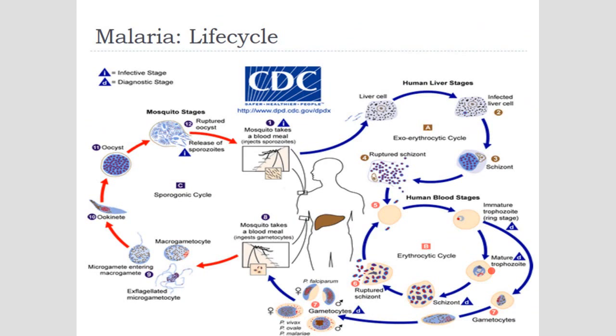Okay? But if you pay attention over here, you will see that some of them are not infective. So you can see from here, we would not have a problem with other life cycle stages other than the sporozoites over here. These are the ones that initiate the cycle. The rest of the cycle is human, and then the mosquito. So again, the problem will come: how can we stop the cycle that takes place in a particular species of mosquito? So you can see the complexities of this particular parasite.